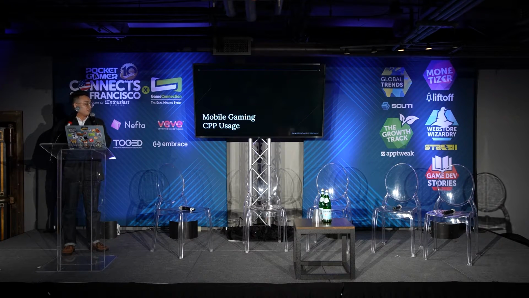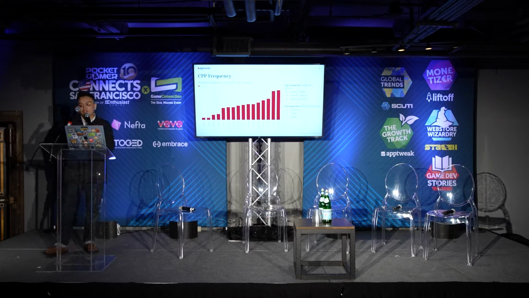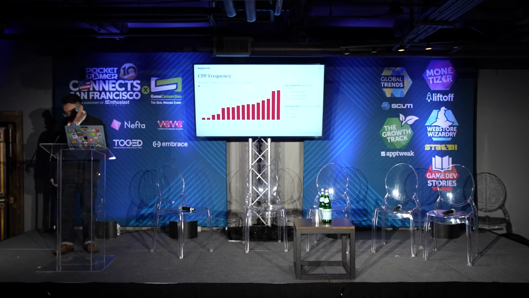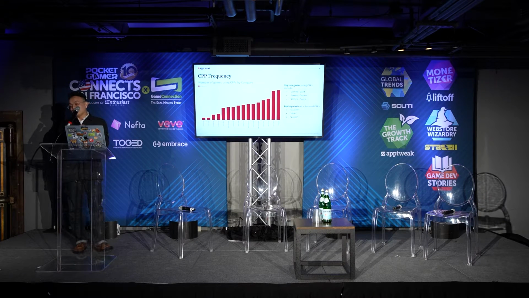So now that we understand what CPPs are, we can go into some of the statistics on the top 50 games in the App Store that our data science team was able to put together. So first, the top categories using CPPs are the games, card categories, casino, and puzzle games, with the top keywords with the most CPPs in pretty much all casino-related terms, casino, slots, poker, keywords like that.